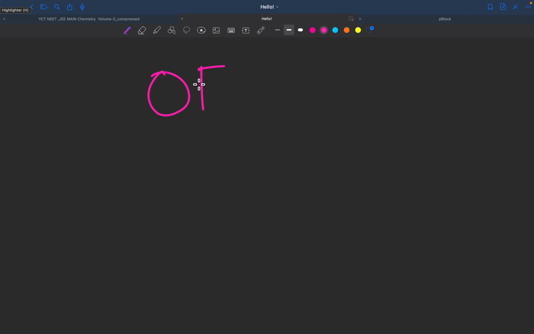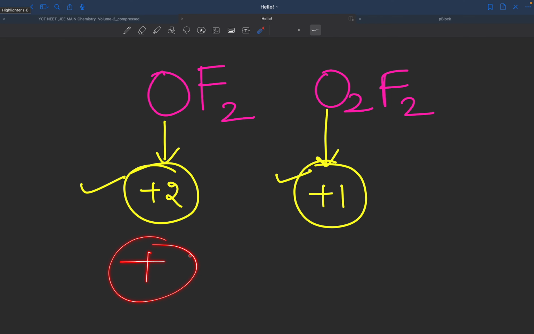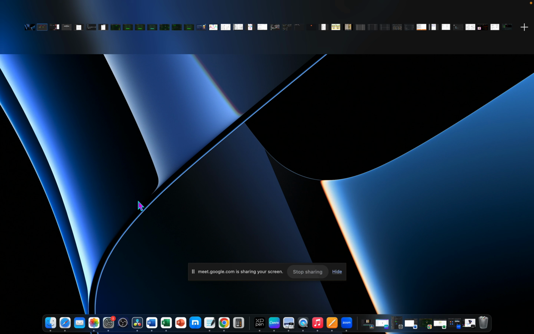I'll write the compounds also. The first one is OF2, another one is O2F2. These are the 2 compounds where oxygen has a positive oxidation number. In OF2, what is the oxidation number? Plus 2. In O2F2, plus 1. So these 2 compounds you should remember. They are the only 2 compounds known to us where oxygen is in a positive oxidation number, OF2 and O2F2. Because in all oxides, for example, if I take